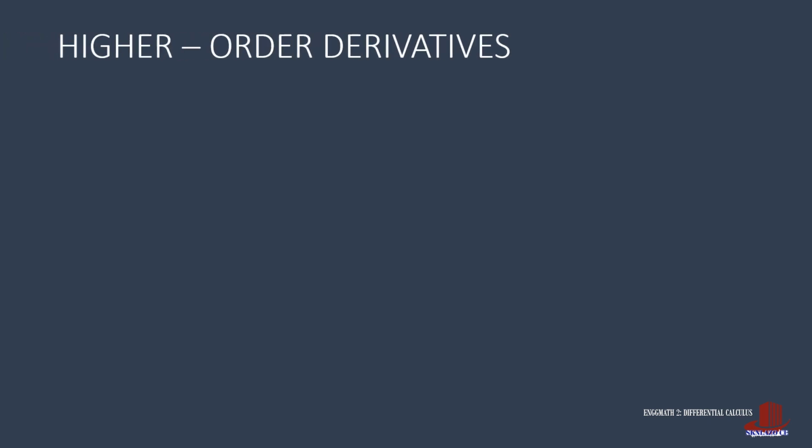Let's have a peek at higher order derivatives. The first derivative, which everyone is already familiar with, is also written as y prime. But this is interpreted as dy over dx. In physics, aside from having the first derivative as a slope, it is also termed as the rate of tangency,